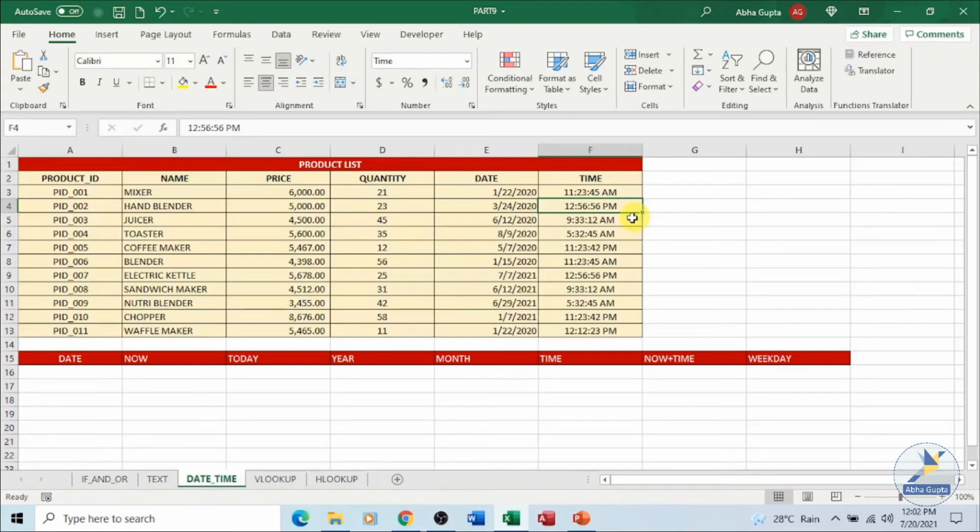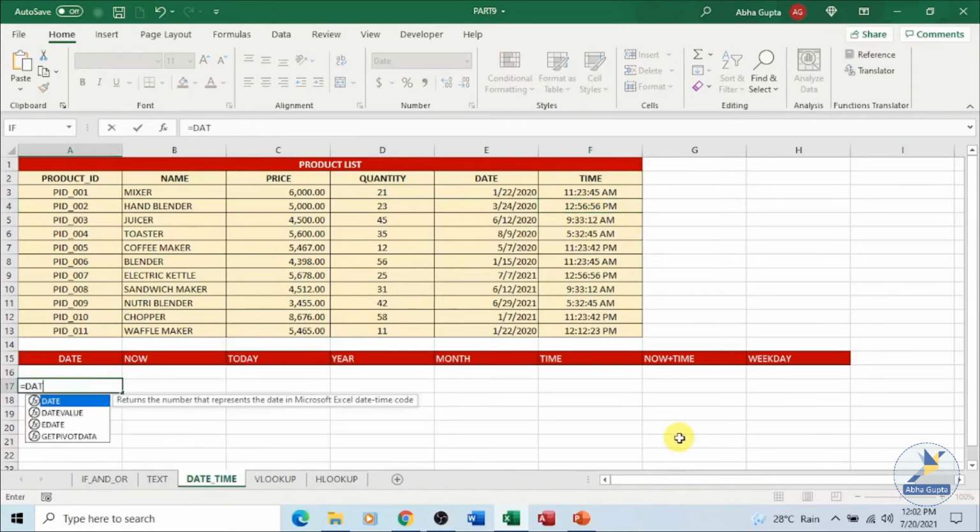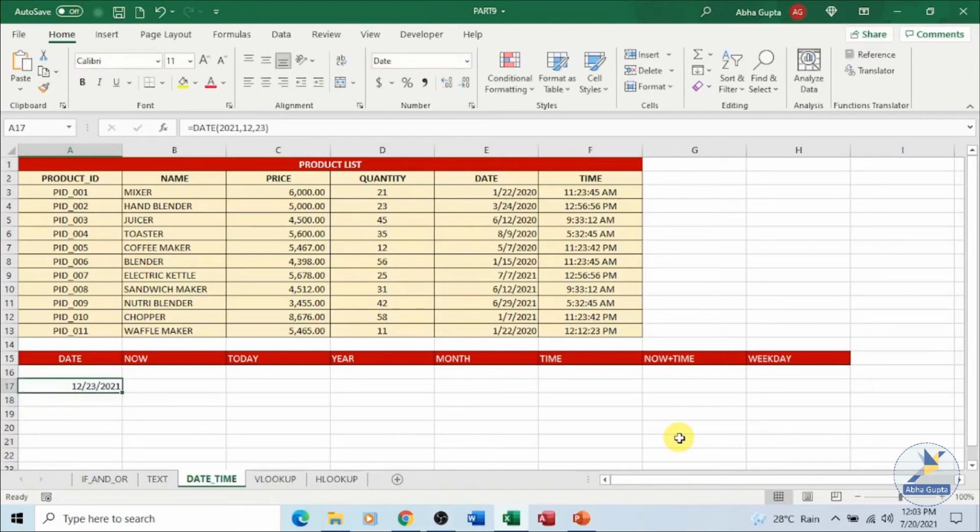The first one which we can use is, if you want to print the date somewhere, you can use the date function. You just have to provide your year, month and day, and it will print it for you in a formatted way. You can see, using the date function, we have just provided a year, day and month.